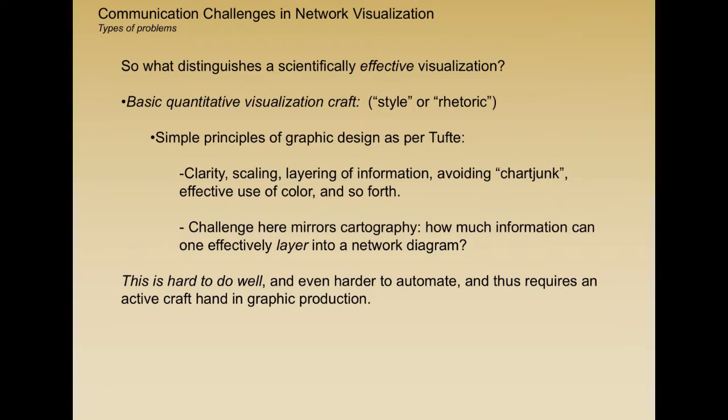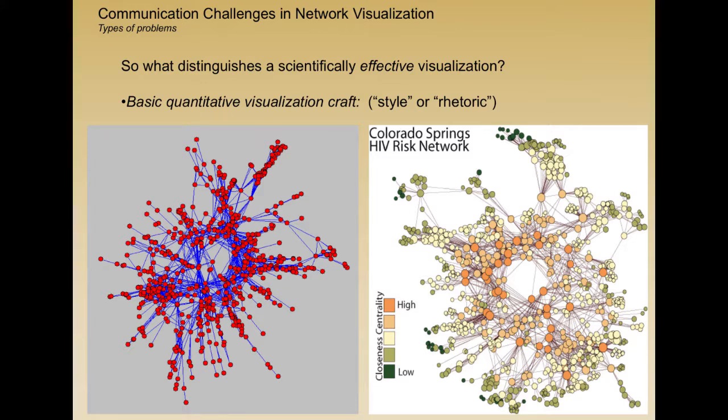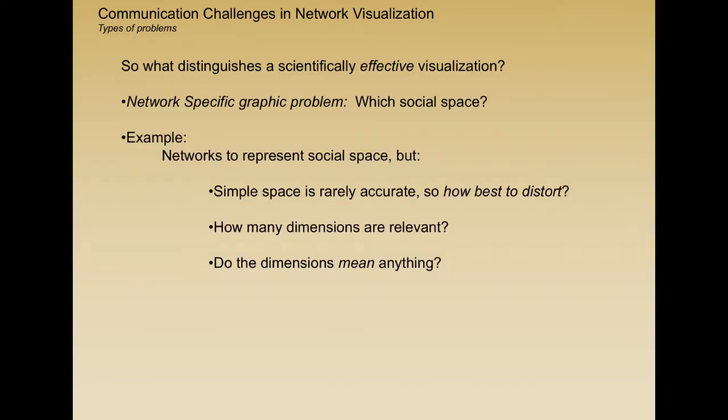I'm not going to spend a lot of time talking about that today, but the main distinction there is to try to move from things that are clunky and ugly to things that are elegant and beautiful. And you do that with things like line weightings and colors and so forth. It's the same information with just a little bit of a tweak. What I want to focus on more today are the elements of network-specific graph display as opposed to general quantitative display.